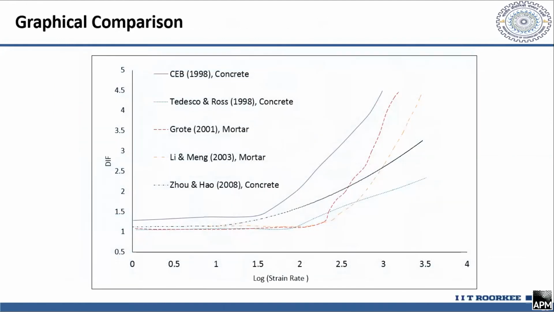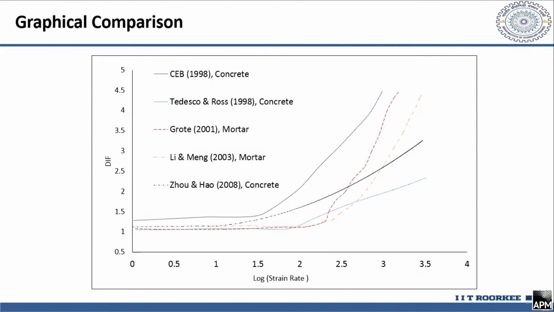And this is the comparison of the equations given by the various researchers. Here you can observe that after the transition point, the response of the material is highly sensitive to the strain rate. Here we are mainly observing the strain rate effect on the dynamic properties of the material, and these strain rate effects become more dominant as we increase the strain rate beyond the order of 100. Below that order of 100, the response of the material is not very sensitive for the